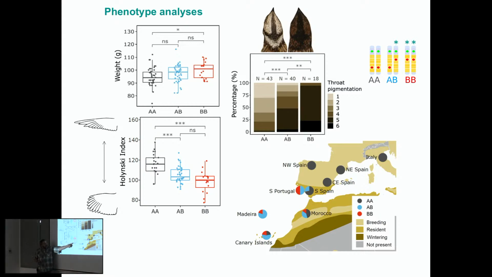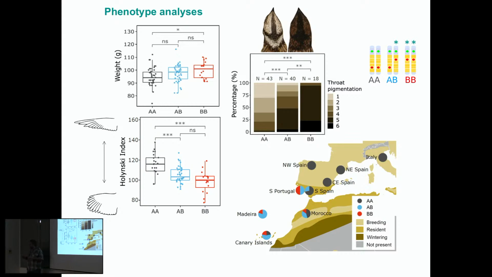And it seems that all these ones with the inversion, these ones that do not move that much, have rounded wings that are very inefficient. So it seems that, yes, there is something in the morphology that makes individuals that inherit this inversion start to have wing shapes that are not very efficient for dispersal or for sustained flight.